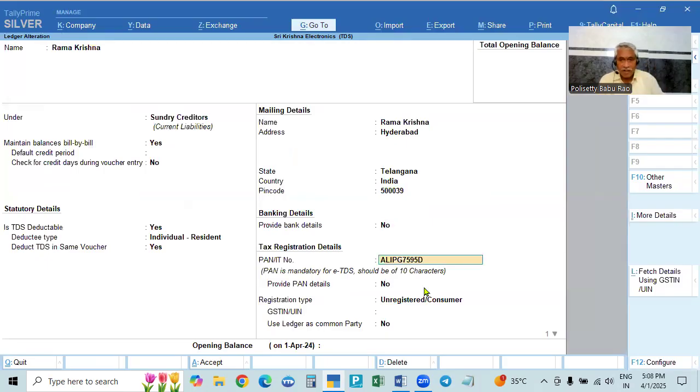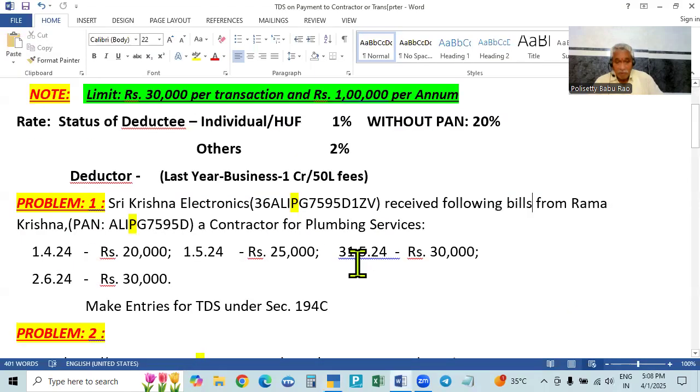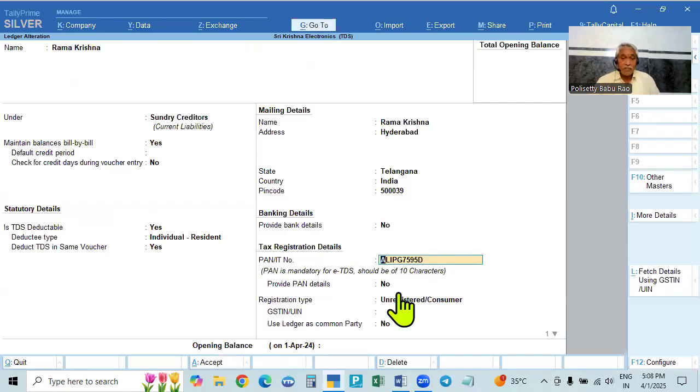India will be default. And we have to give the PAN card number. This PAN card number is to be copied here. If the party is registered, you have the GST registration number, and in the registration the PAN card number will be there. That PAN card number you can copy and paste here.